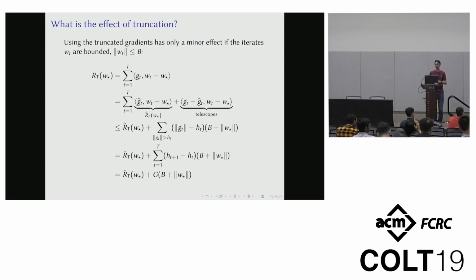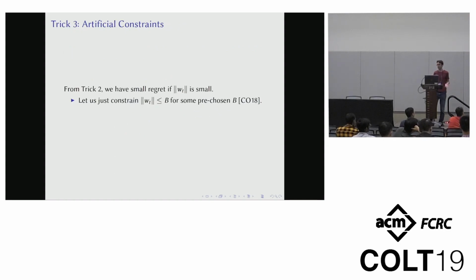The idea is that the error term actually telescopes, because, just by Cauchy-Schwarz, we're kind of integrating up the total error of using the biggest possible gradient. And so overall, we're just going to have an error term that looks like g times b in the end, which is not growing with t, or not obviously so. Okay, so now what we've got is that if we do these hints and this sort of weird hack, and the iterates are stable, everything is okay. So let's just make the iterates kind of stable.